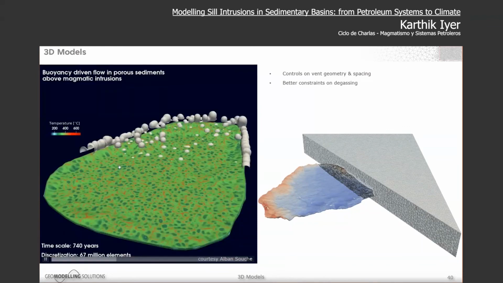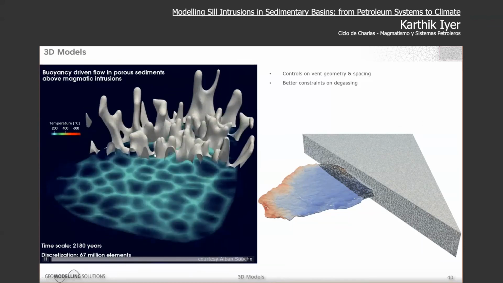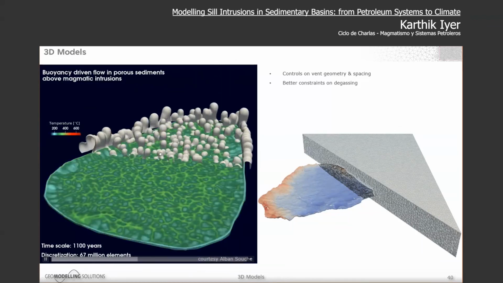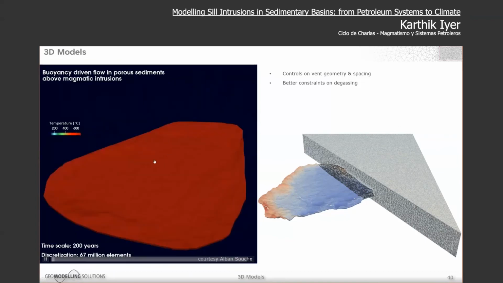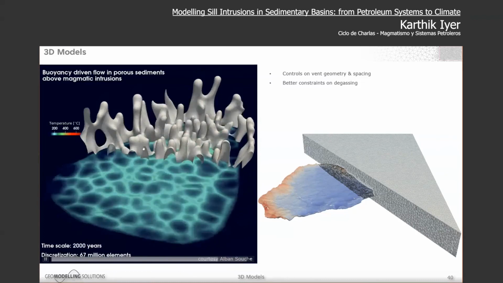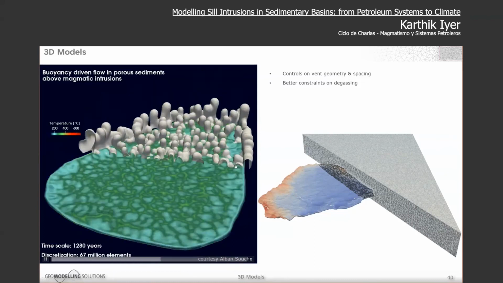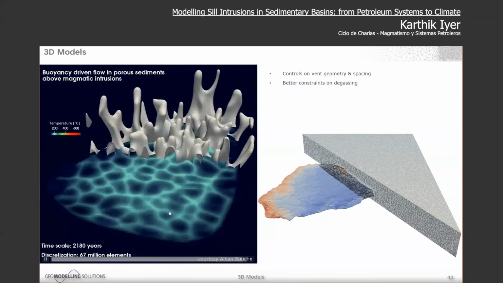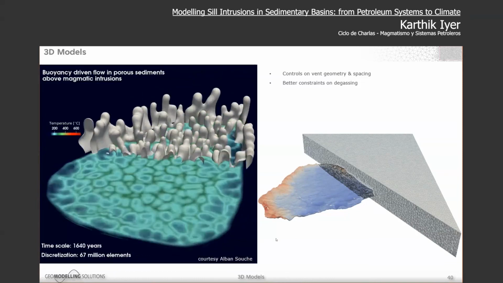And this shows how hydrothermal plumes are formed in a saucer-shaped sill over time. And you can see that they coalesce and have their typical structures. This only goes on for a few hundreds of years, thousands, sorry, but they're not gone to completion. And you can see they already start getting their typical spacing seen in these hexagonal structures that are formed in the isocontours or thermal contours there.